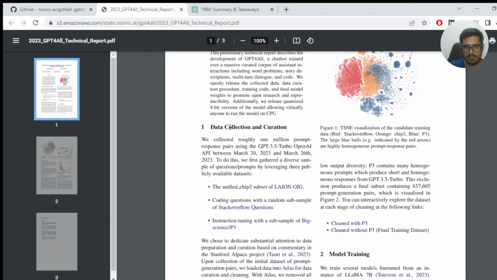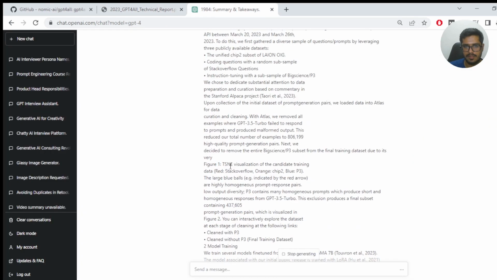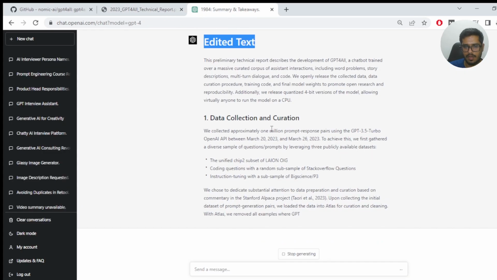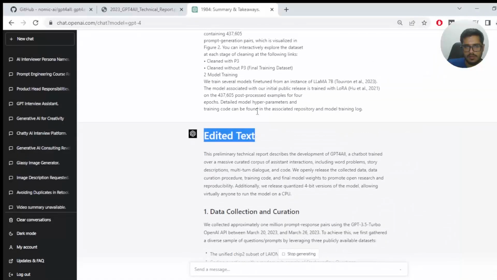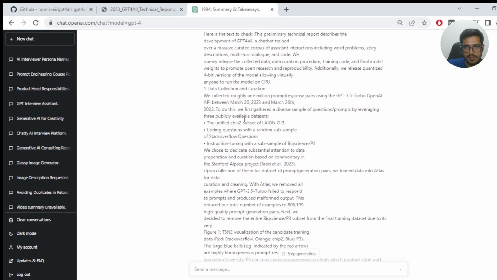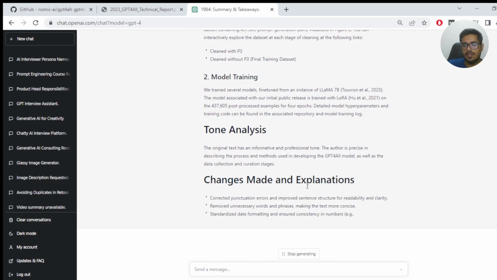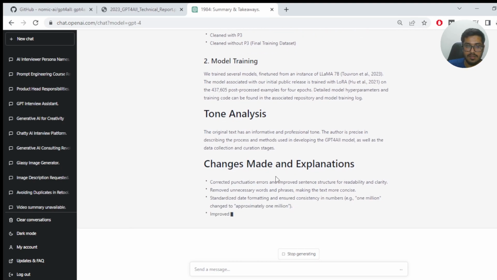It did this main header. It's on data collection now, I guess. See, the whole text is messed up, but GPT very clearly understands how to fine tune and take the data, exactly like how it is in the PDF itself. Okay, so it's also now going ahead and doing the tone analysis, because that's also something we've told the model to do. It's also showing you the corrections made and the explanations on why these corrections were made.